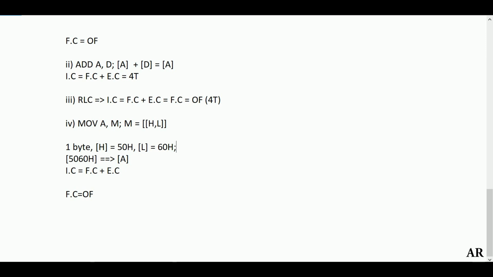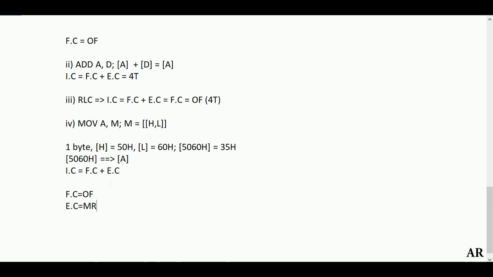Let us assume the content of 5060H is 35H. So this 35H has to be moved to your accumulator. Now 5060H is a memory location, so the microprocessor has to go outside, reach the memory element, and get the data. So this will perform a read operation. In the execution part, it is memory read.